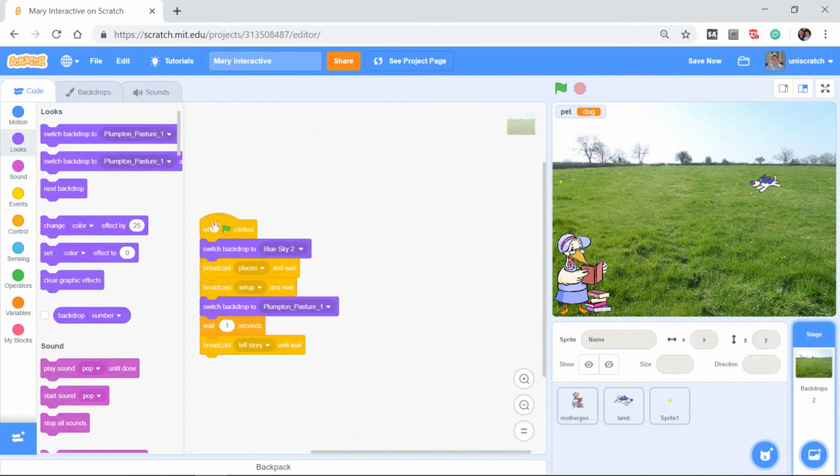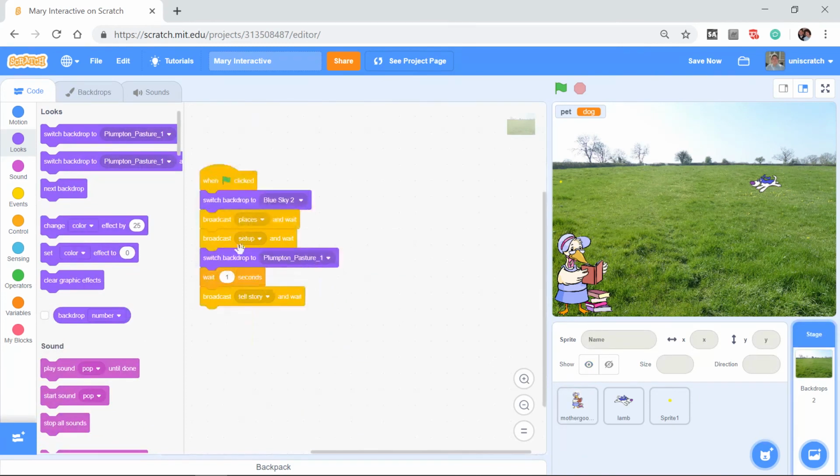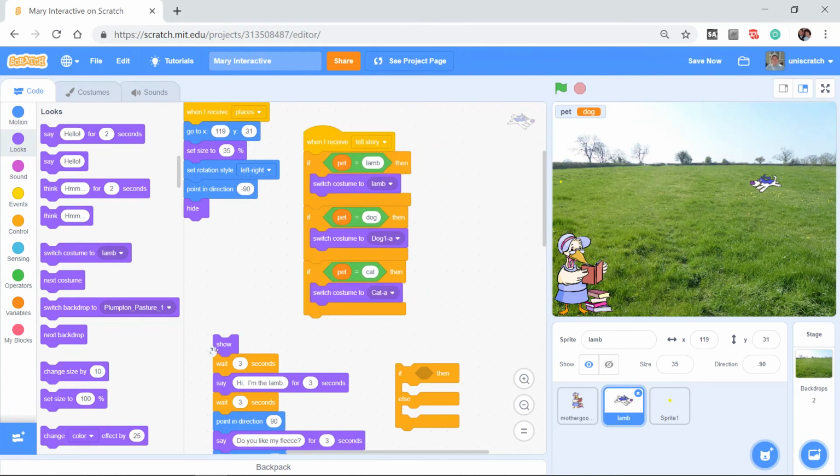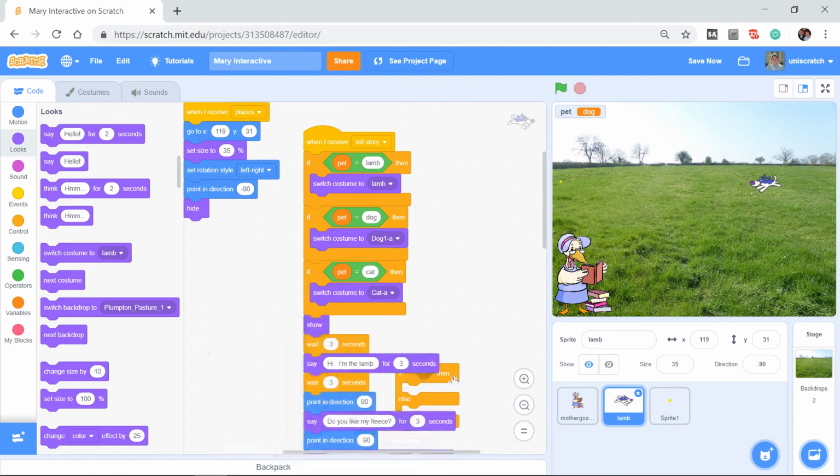Let me go back again. Go over to the stage. This particular programmer set it up so that we broadcast setup and we wait till it's completely done before tell a story waits. And so by the time tell a story happens, pet does have a value. Hopefully lamb, dog, or cat. And so we can run that, and then we can say when it's all said and done,